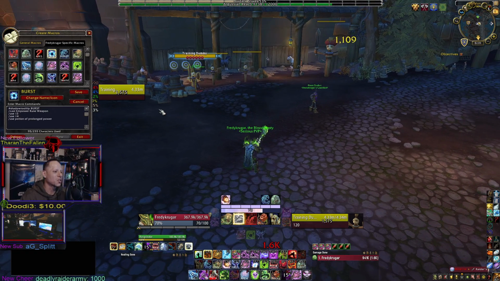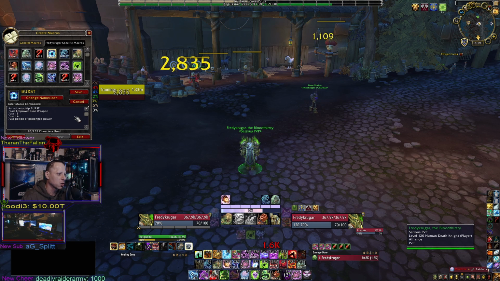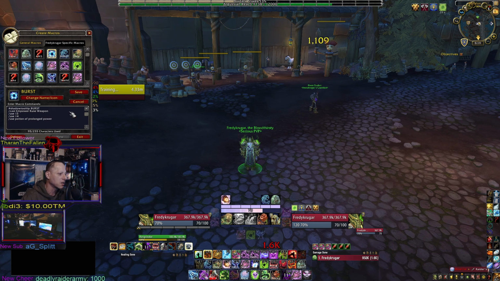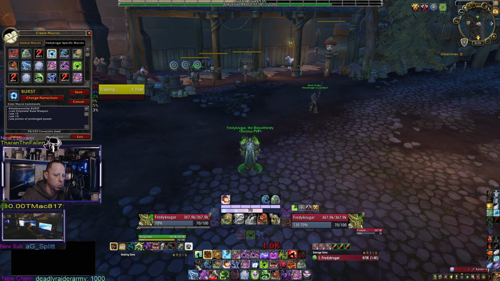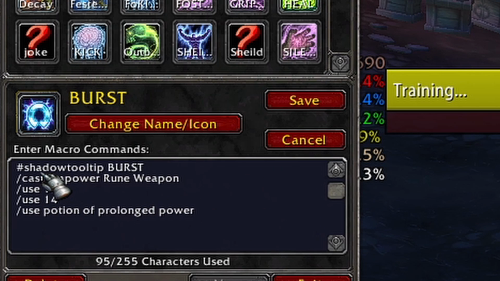I also have this set up for bursting, so if I was playing Frost or something like that, I have this set up to where you could put burst after this. You can make it say whatever you want, so instead of showing the actual tooltip when you mouse over it, it'll say burst when you mouse over this macro. It'll just say burst instead of a huge list of each spell that it's trying to cast for you, alright? The way that we do this one is #showtooltip burst, /cast Empower Rune Weapon,